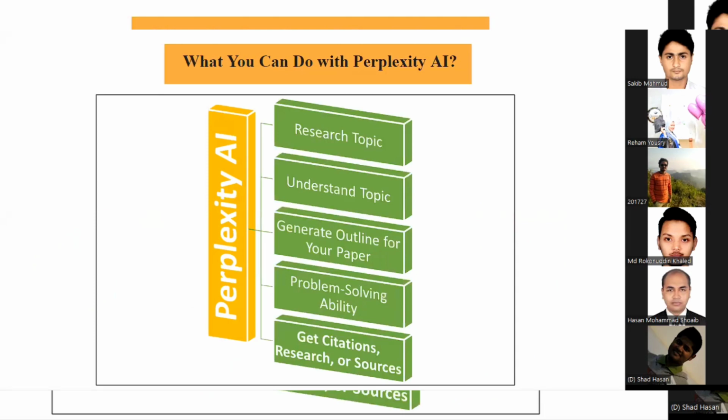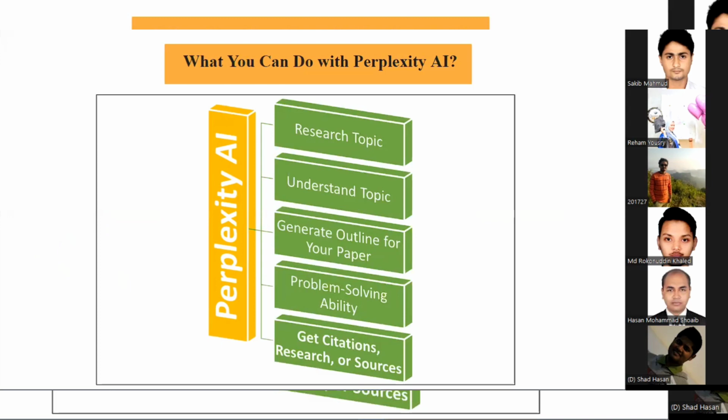So how does Perplexity help you? Perplexity helps you to find your research topic and to understand what is going on in your research. It can help you generate content for your paper, and allows you to solve your mathematical problem, so you can get the result, what kind of test you can use to evaluate or gather data. Or it gives you a citation, research, or source to validate the information that it generated for your topic. For example,